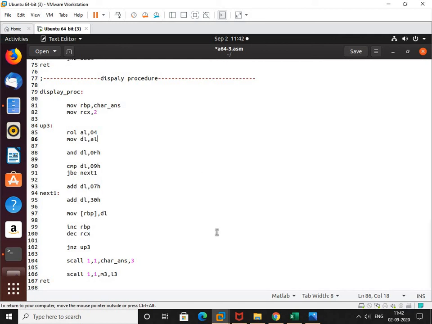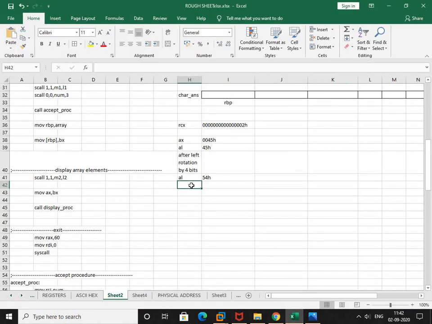So the content of AL is copied into DL, because whenever we want to display something, that data should be present in the data register. So DL has become 54H.